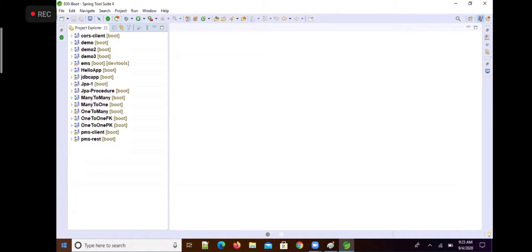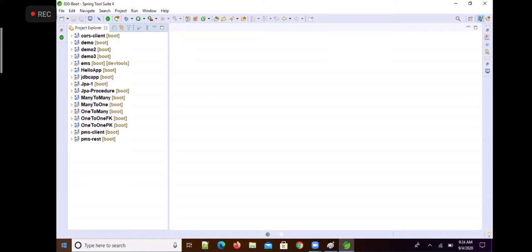And since it's a cross origin request, by default the cross origin request is not accepted. You are going to get a CORS error, means cross origin request error, because REST API, which is running on server 2, is not enabled this cross origin resource sharing support.